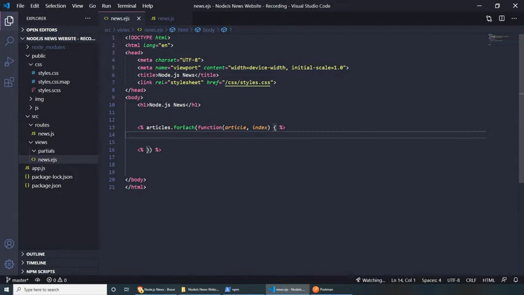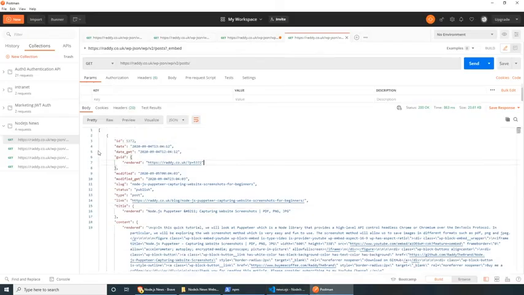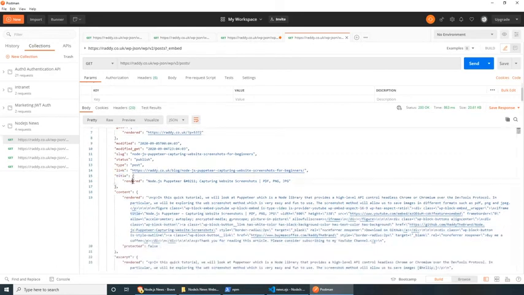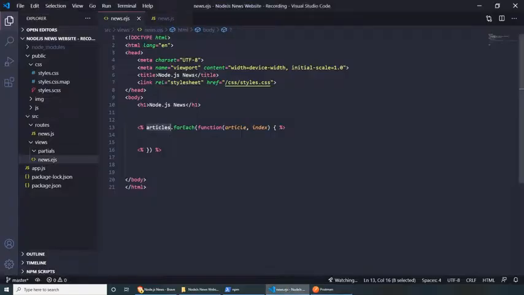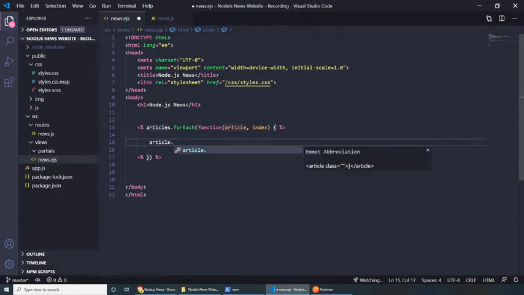And now I want to loop through the articles, and inside articles, I want to render, for example, the title. And inside the title, we have rendered. So remember this, some of them we can just render straight away, but this one, the title has a rendered object inside it. So what we have to do is we can do the article dot title dot rendered